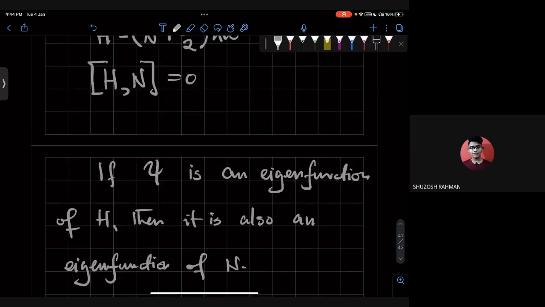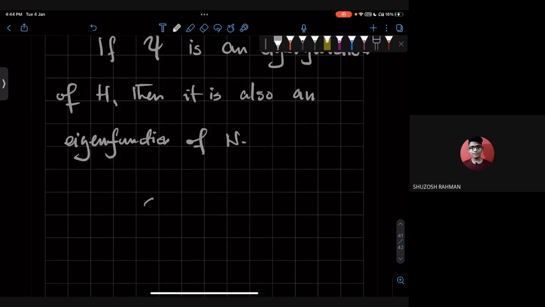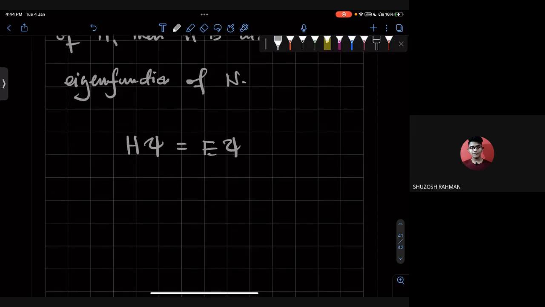So how do we do this? Suppose that we have an eigenfunction of H, which gives us E of psi. Okay, to prove this, I think what you have to do is that,